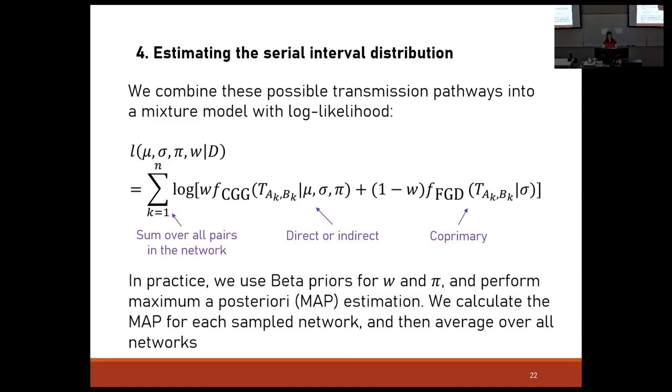Yes, and then as we said at the end, we average over all of our networks to get our whole cluster estimate. If you had a small enough network where you thought you could do them all, you could do that. But we just sample, and it's fast, 100, 1,000, 100,000, however many you want.